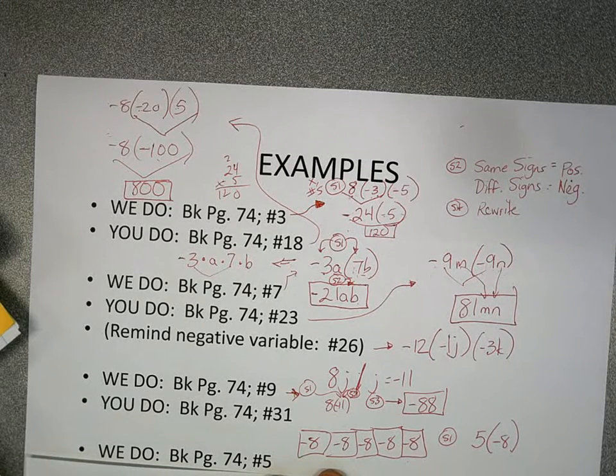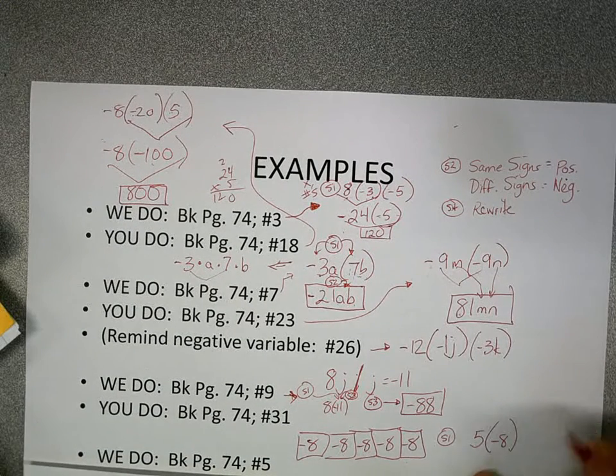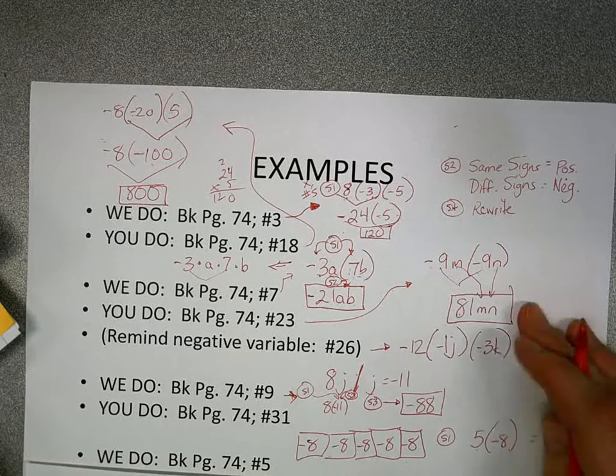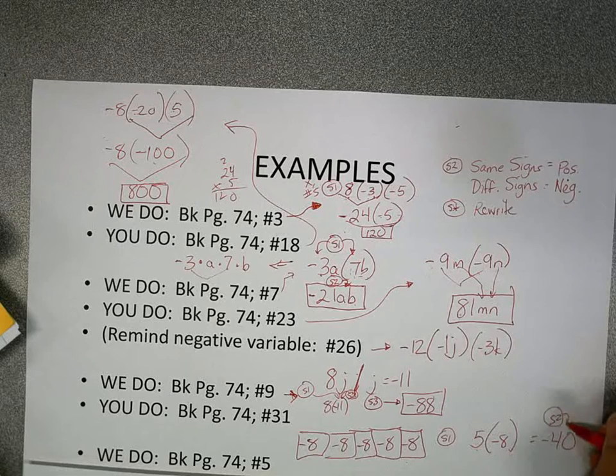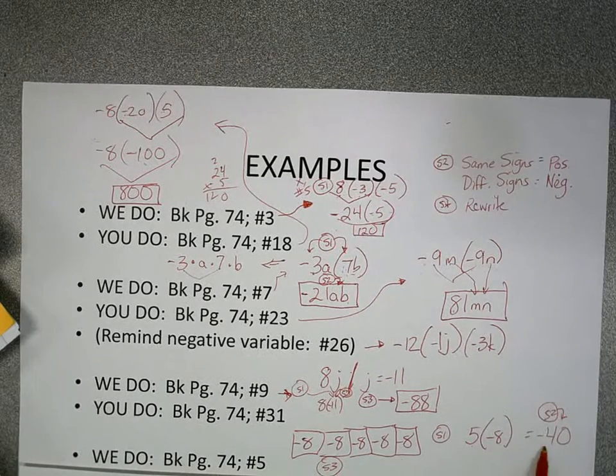Then it says, then find and interpret the solution, or the product. So we have, of course, 5 times 8 is 40. They're different signs, so it's negative 40. So that would be step 2. And step 3, interpretation of the solution. Negative 40, you would say,